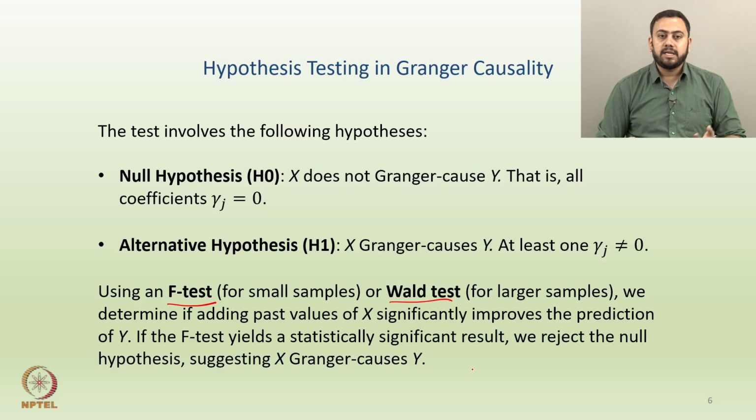But either way, if one applies either the F test or the Wald test, how would you conclude that x Granger causes y or not? Just by looking at the value of the test statistic. So, if the value of the test statistic happens to be bigger than the underlying critical value, or if the p value happens to be lesser than the alpha, then we can reject the null hypothesis and simply state that x Granger causes y. Okay. And whenever the conclusion is that x Granger causes y, the interpretation of this statement is that past values of x also significantly improve the prediction of y. Make sense so far?